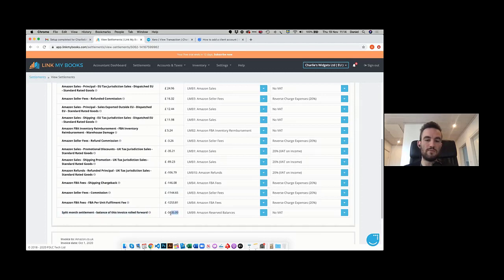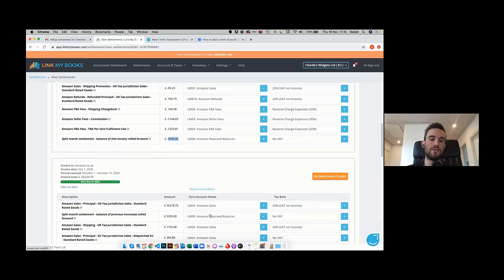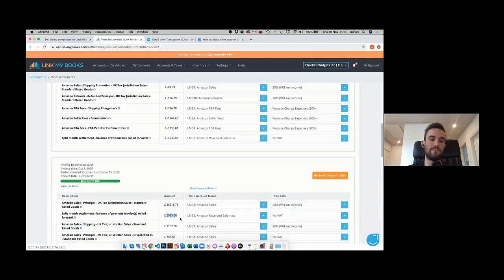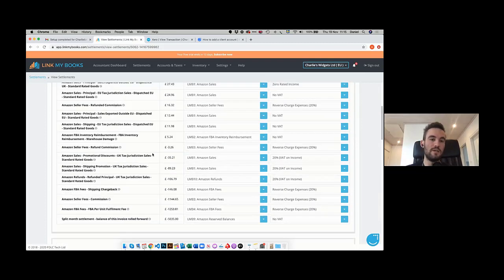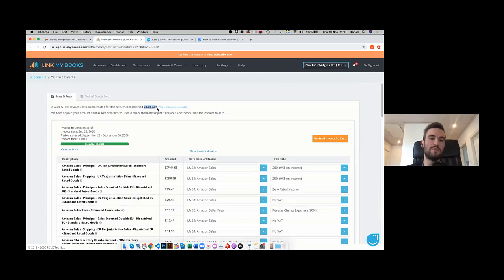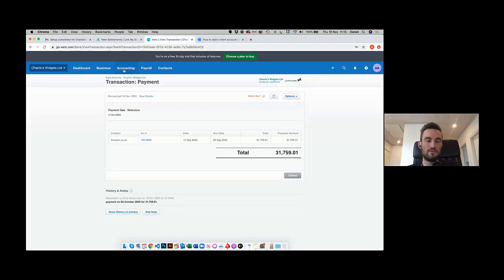So these transactions came to a total of £5,035. So we'll add a negative line for that to net this back off to 0. And we'll put that in the reserve balances account for now, which is a current asset account, which we've created as part of this. And then on the second invoice, we then immediately release that. The £5,035 gets released from the reserve balances account, which means that that nets back off to 0. Everything's good there. But it just means that now the total of this invoice, the second part, is exactly the same as what has been received from Amazon, which means that when we reconcile that on Xero,